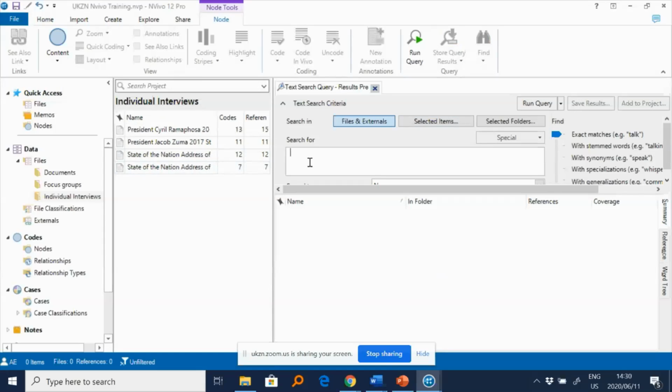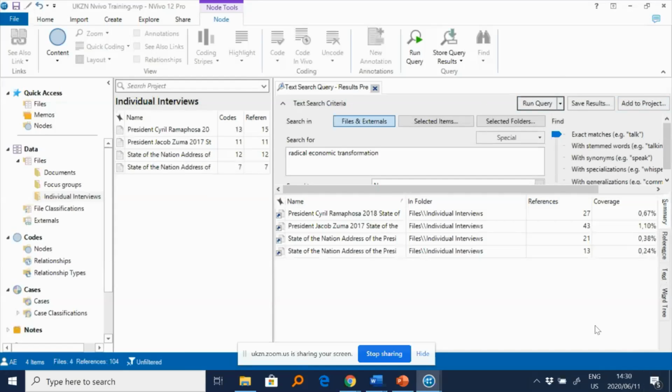If I don't do that, and let me do it the other way that you shouldn't do, economic transformation, and I run a query, you see that it appears in all the transcripts.